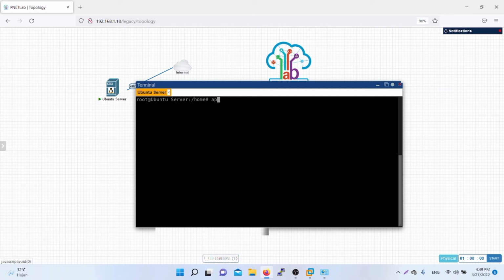Dan di dalam PuTTY ini ada banyak sekali. Dan di video kali ini kita akan melakukan remote dengan SSH. Tapi kalau misalnya SSH-nya kita nggak download di Ubuntu servernya, maka kita tidak dapat melakukan remote server yang ada di PNetLab ini ke PuTTY.